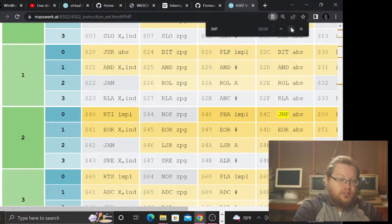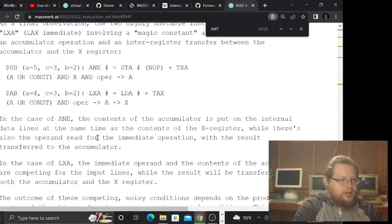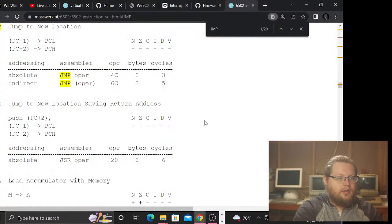I guess we can use a jump indirect and just calculate it in memory, as opposed to just using an offset, because I'm not sure we can do that apparently. So let's look at the jump commands. Sure, jump to...